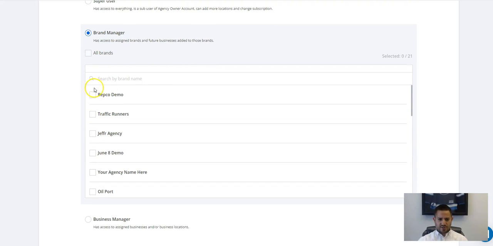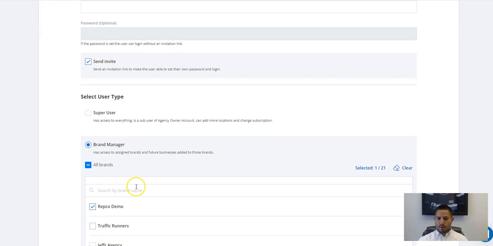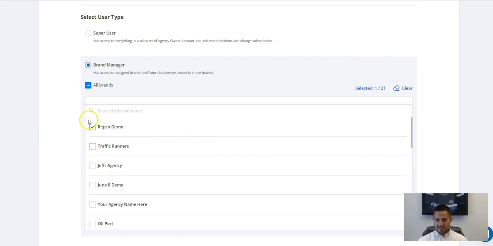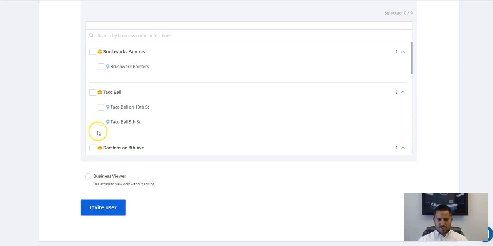Brand manager, you can choose which brands they have access to, and by default, they'll then have access to any businesses that get created under those brands. So if you just have one brand, just a reminder, a brand is your agency, so most of you probably only have one brand, so you'd probably just assign that brand manager to have access to all businesses under your brand. The business manager